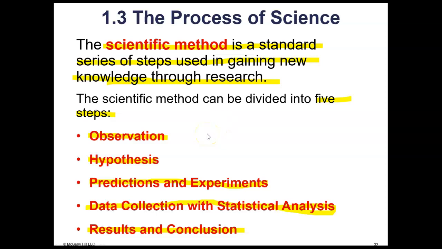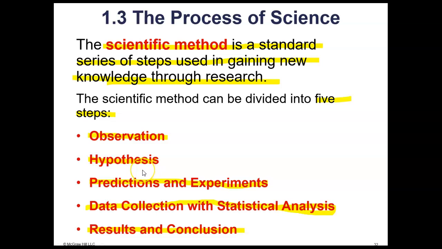So we use the scientific method to find answers about questions we have about phenomena that we observe in our world, observations we make about the world around us. So biology is one of those areas where we use the scientific method to answer questions. And it always starts with an observation or observations, from which you would have a question, and you would make a hypothesis, which is a statement that can be tested.